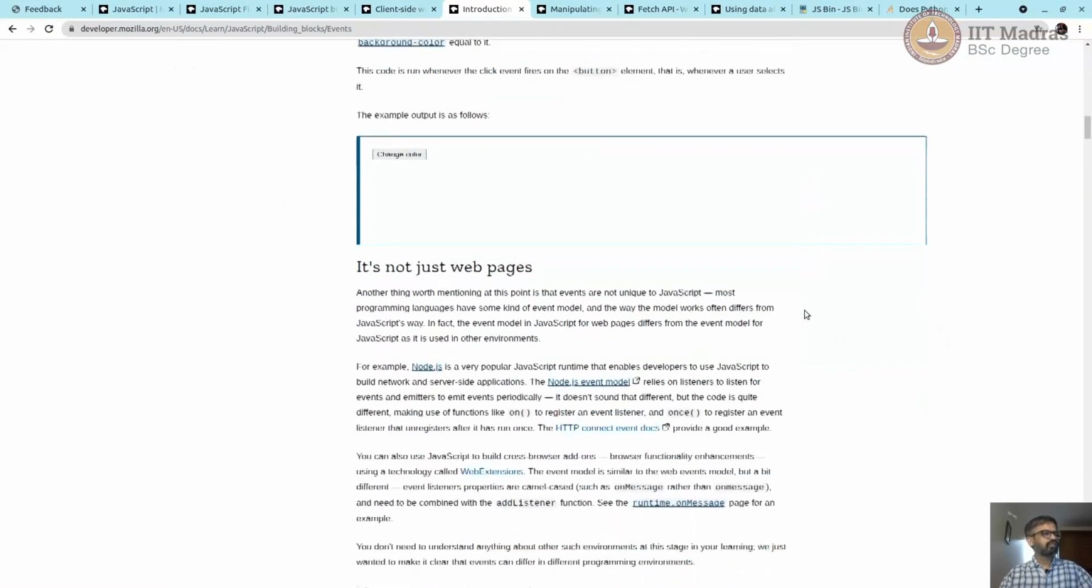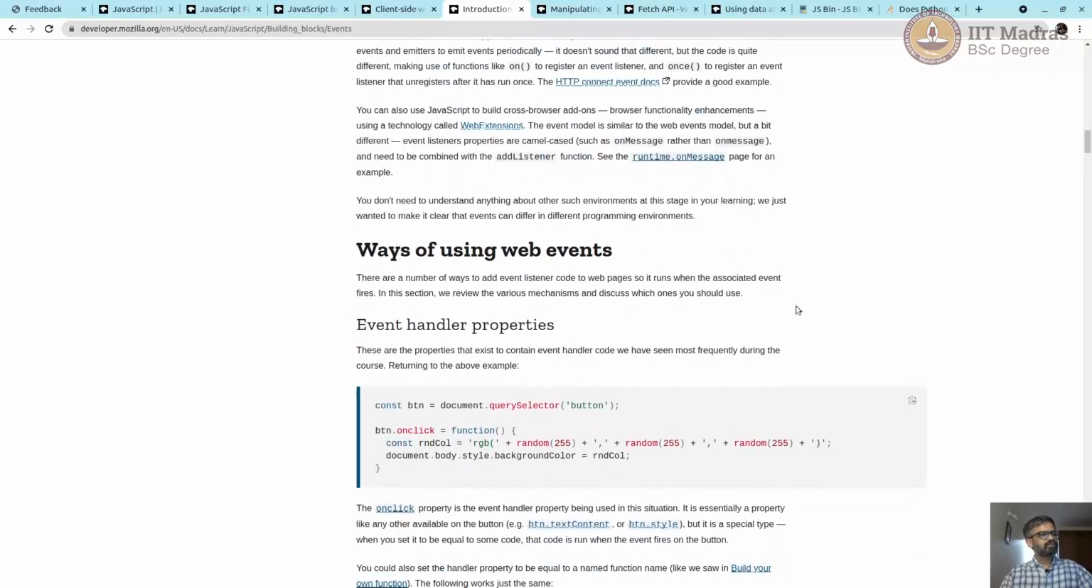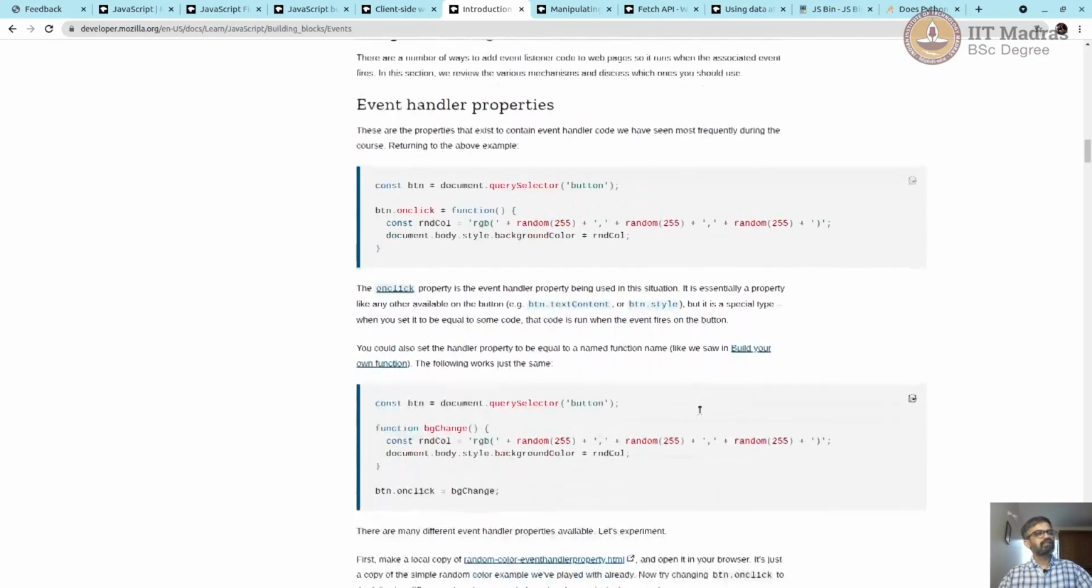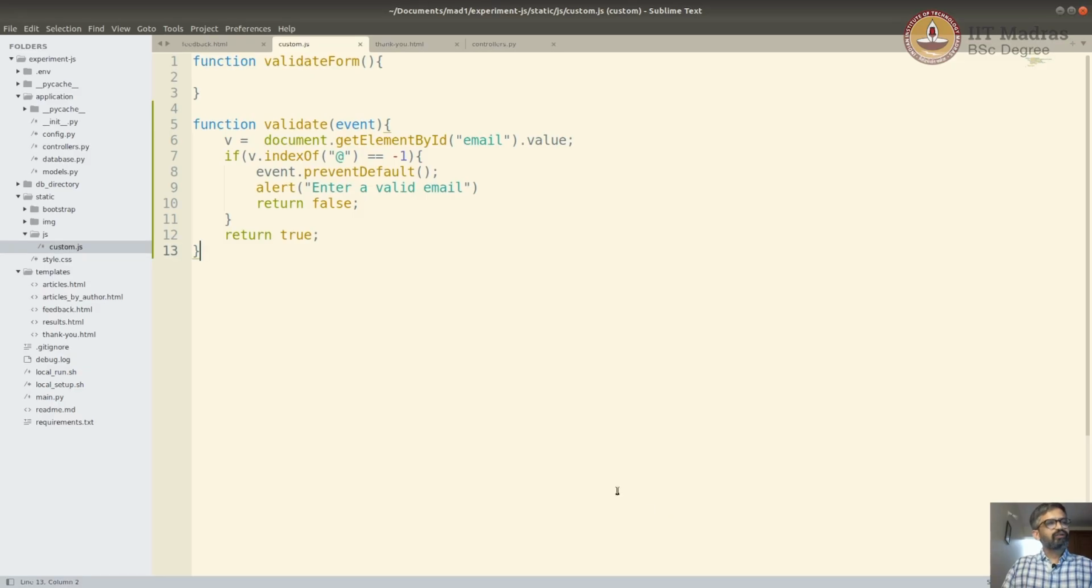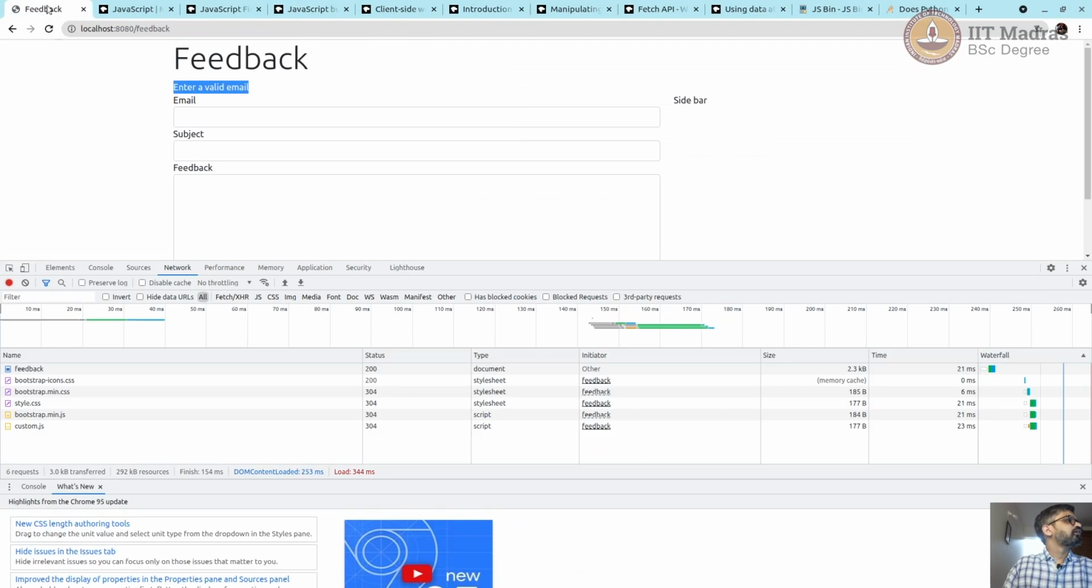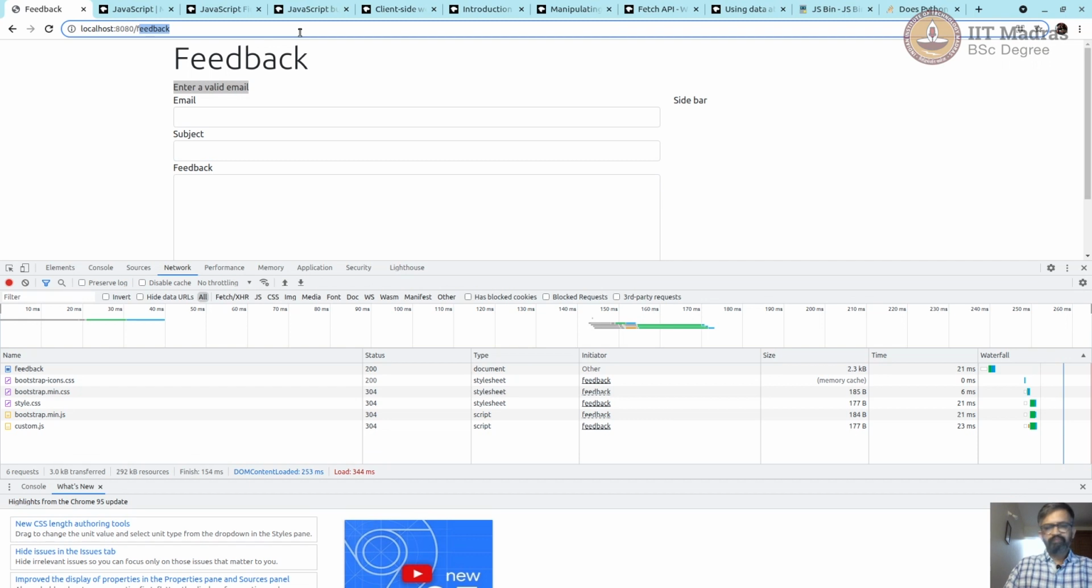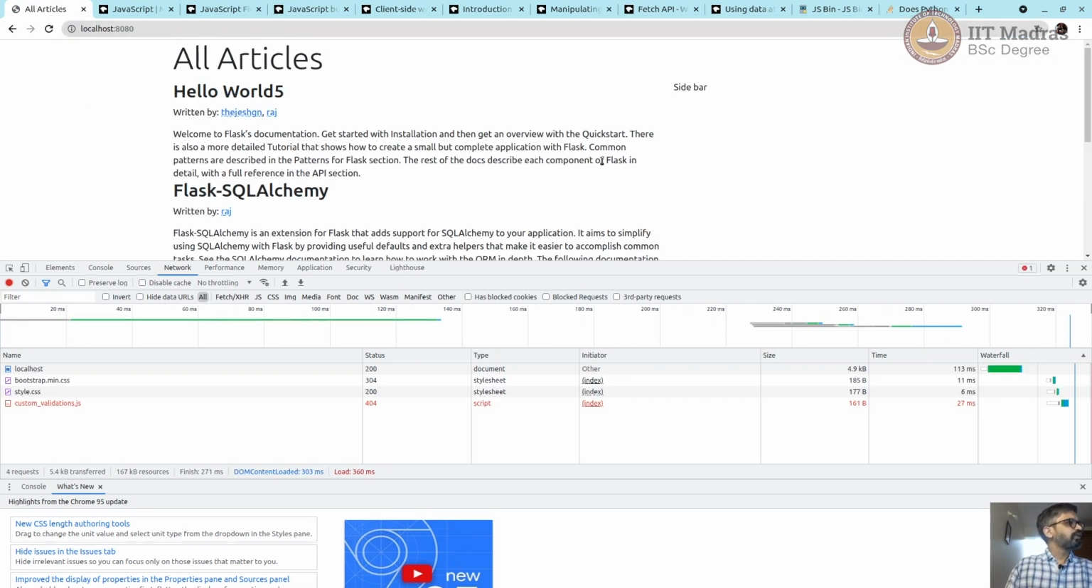You can do many client-side manipulations using those events. I would suggest you go through this page and learn about the minimal event functions that you require for validation or any client-side manipulation. This is one. Now I want to add another functionality where, in the articles page, I want to have